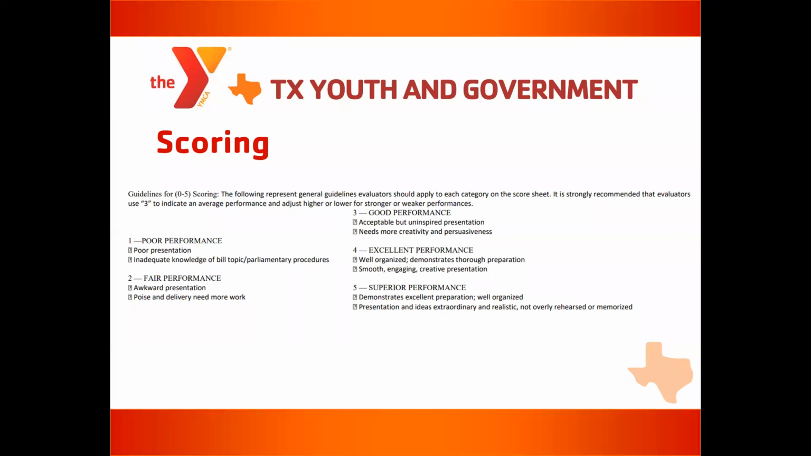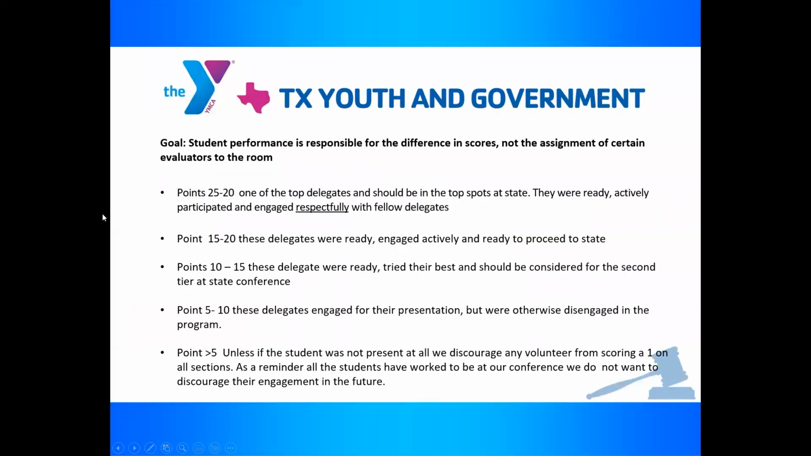Next up, you'll see the points overall that I was talking about. If you have a student that's 25 through 20, this is one of your top delegates and should be in a top spot at either district or state conference. They're actively participating and engaged in using the Y core values of respect with fellow delegates. If you have someone in the 15 to 20 range, these delegates were ready and engaged and ready to proceed to state. 10 through 15, the delegates were ready, tried their best, and should be considered for the second tier at state conference. And if you have someone 5 through 10, these delegates engaged for their presentation, but otherwise disengaged in the program. Less than 5, if a student was not present at all,